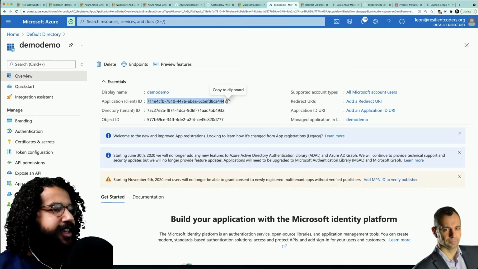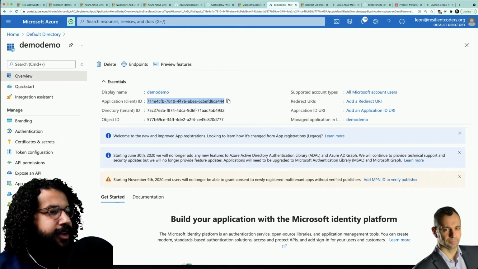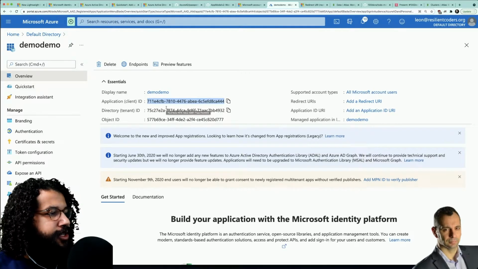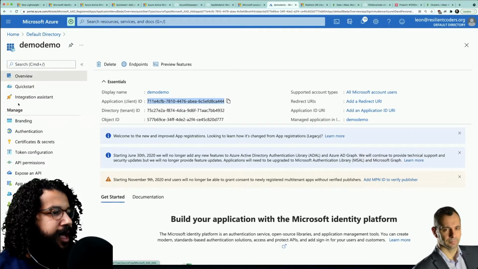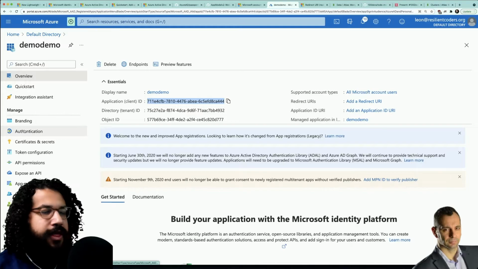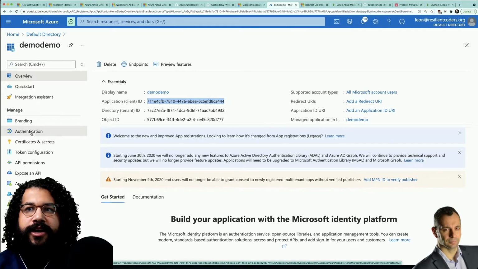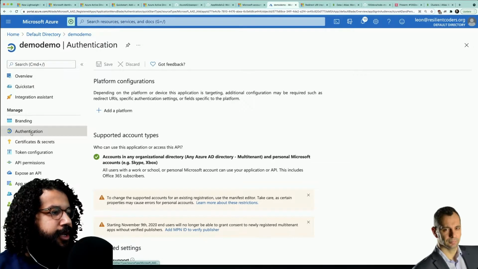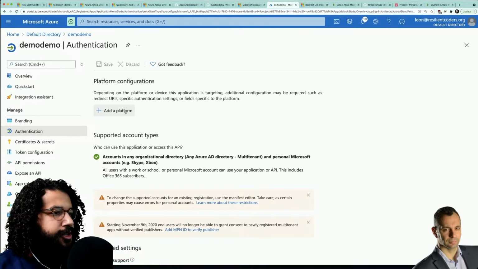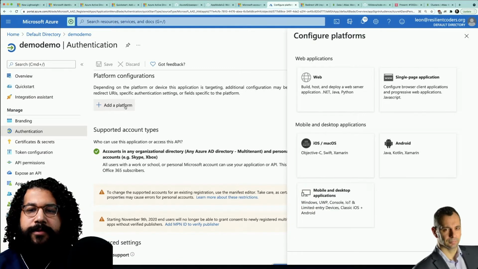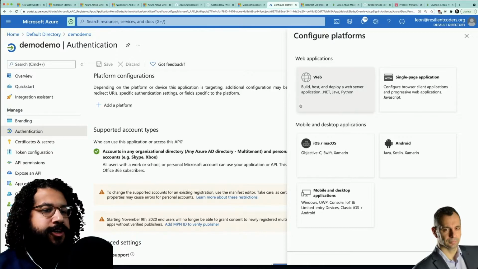So I have the application demo. Sorry, I have the client ID here that I'm going to need. And the next thing I want to do is go to Manage and then Authentication. I'm going to click on that authentication. And once I'm here in authentication, I'm going to add a platform, and the platform I'm going to use